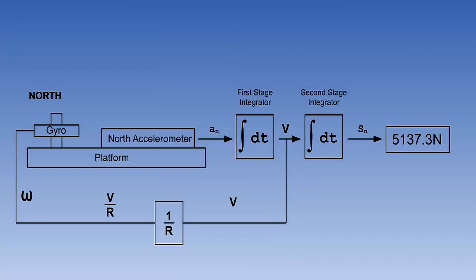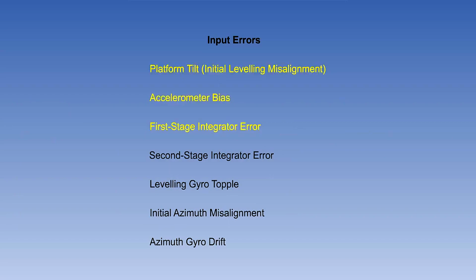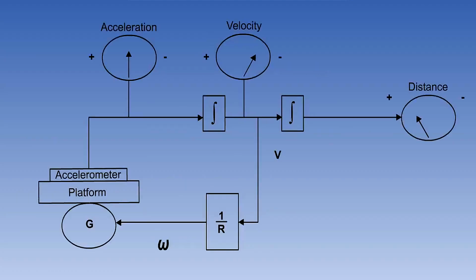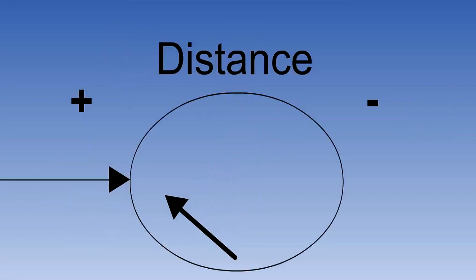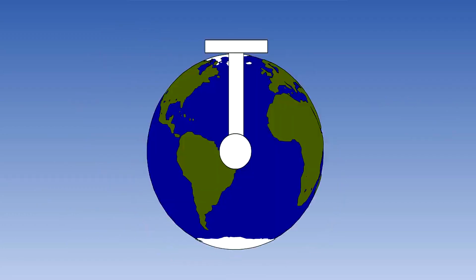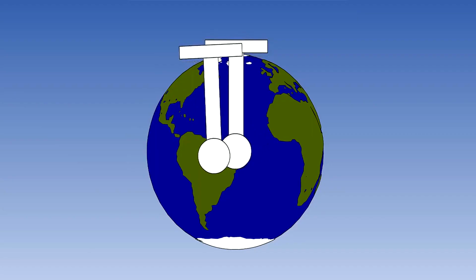Let's summarize this lesson. We reminded ourselves of the basic data flow diagram. Then we identified the sources of error. We looked at sources of error within the V over R loop, and we saw why Schuler oscillations happened. We reminded ourselves of the pendulum analogy, but normal platform stabilization, and then extended it to include the platform not being level at the start.